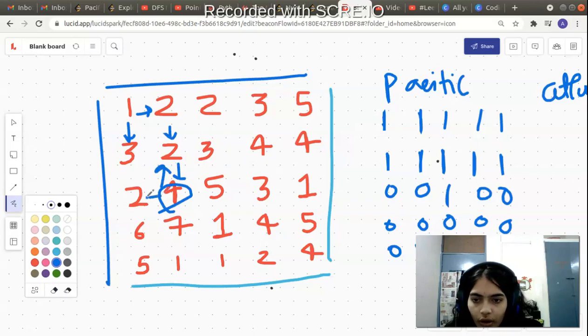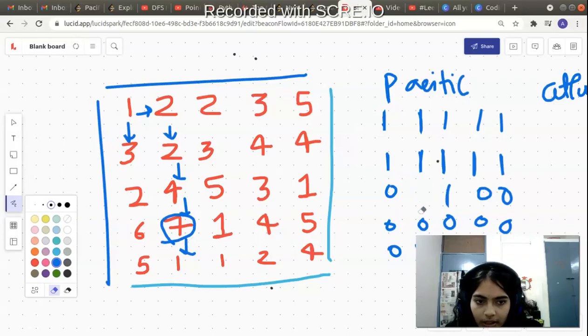Now we are going inside the function call of this 4, right? So now 4 will call all of its neighbors. Once 4 calls all of its neighbors, see, right is 2, which is smaller than 4, so this will simply return back. Above also 2 is smaller than 4, this will return back. On the right side it's already 1, so this will return back. Down, now we enter the function call of 7, right? When we enter the function call of 7, 7 will call all of its neighbors. You see all of its neighbors are smaller than it, so all the function calls will simply return back. But these will become 1.